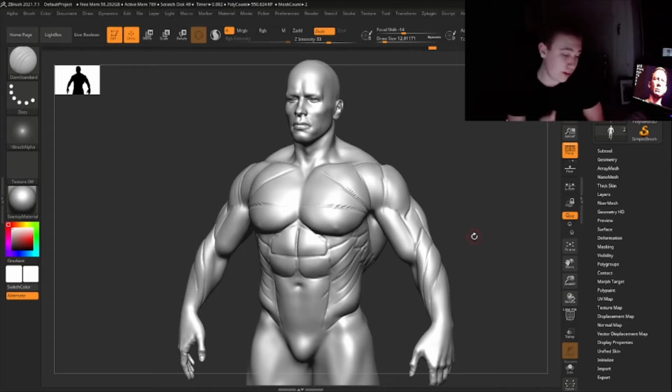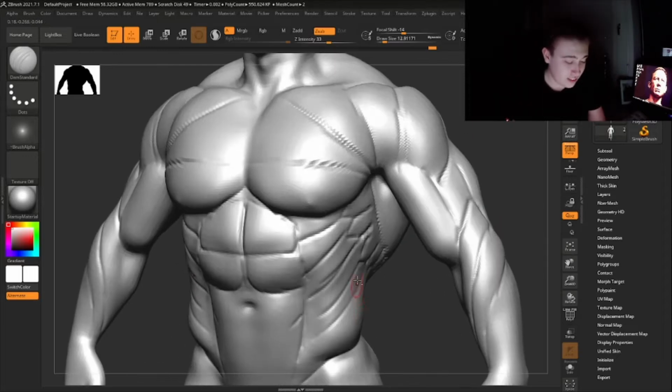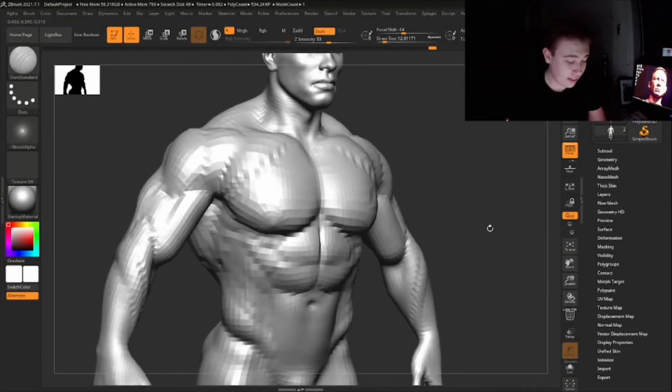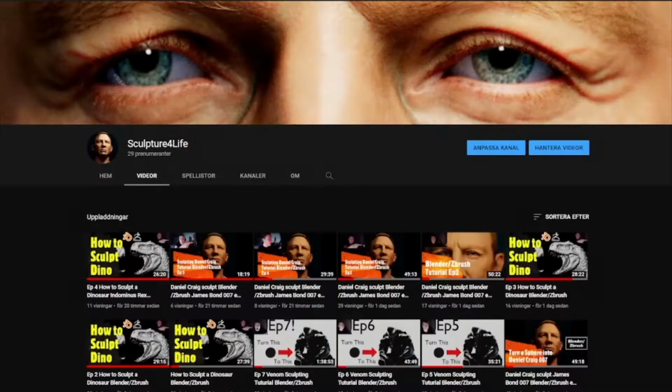Welcome back, guys. Today we're gonna discuss the importance of creating fat on top of the muscles. Even a ripped guy like this one still needs fat, because honestly, having muscles this well indicated just looks ridiculous. So I'm gonna show you guys the importance of adding fat on top. So let's start with